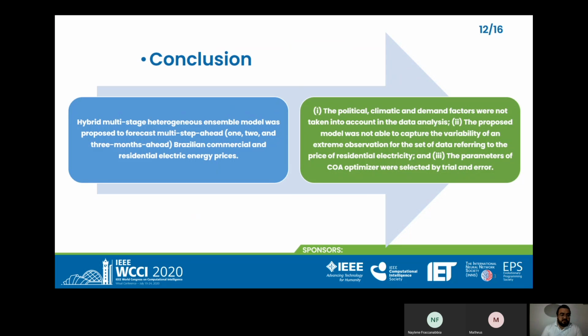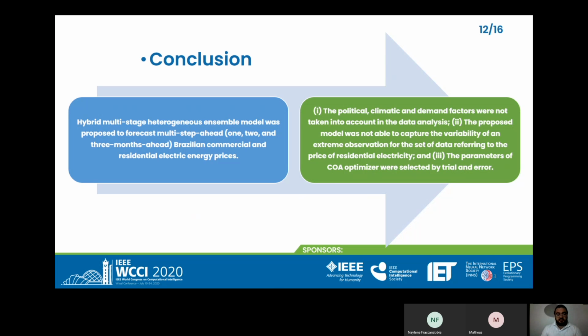So we can conclude that a hybrid multi-stage heterogeneous ensemble model was proposed to forecast multi-step ahead, 1, 2, and 3 months ahead, for Brazilian commercial and residential electrical energy prices. Some limitations